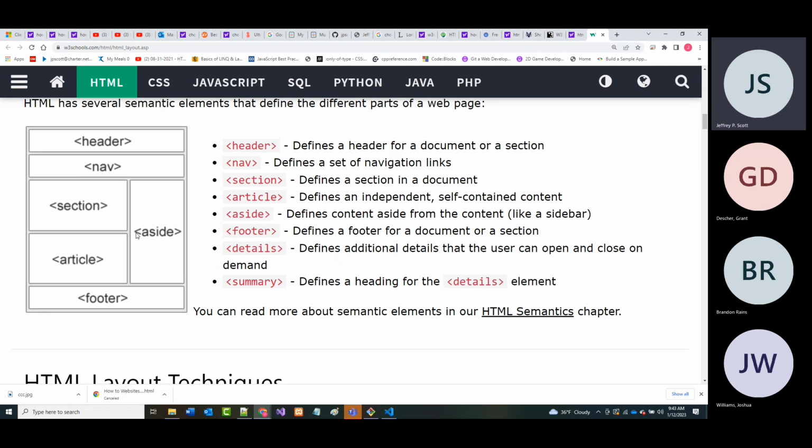I believe that it belongs in the header section. Now, if you look on the screen here, that is not the head that we've been working with. That is header. All of the stuff that you see in this picture right here, all of it goes inside of the body. So the header is where you would put things like, we're going to put our nav in